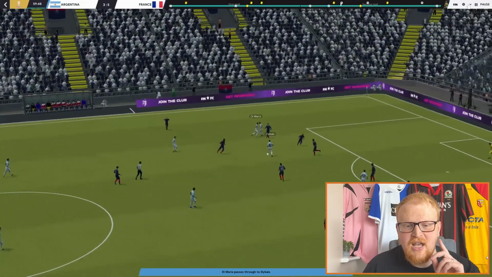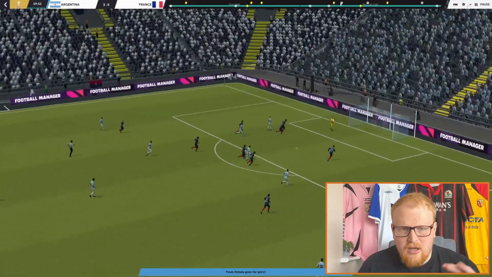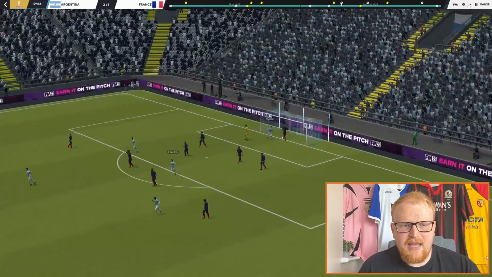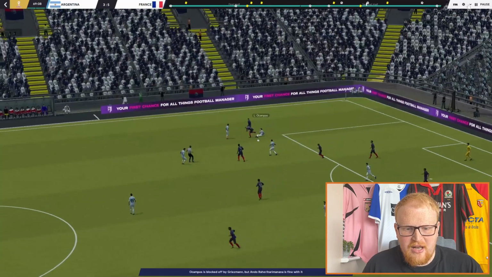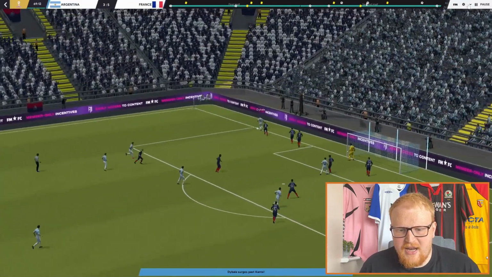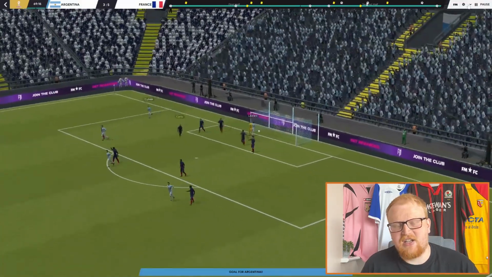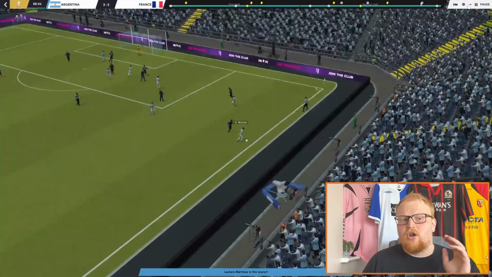But things had not finished there. At the hour mark, finally, Argentina got back into the game. Dybala putting that one into the back of the net to make it 4-1 to France, but they weren't quite done. A little bit of a defensive mishap there. Dybala once again involved. Can he square it to Lautaro Martinez? I believe he can. Yes, he can. And he slots down the front post. It's 2-4 now.